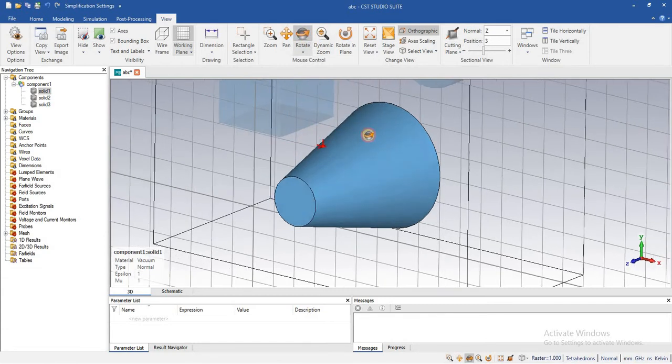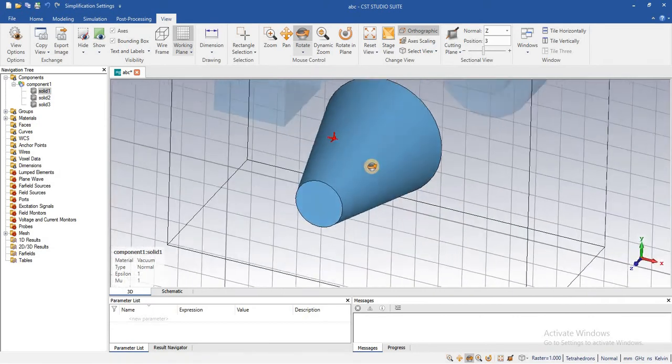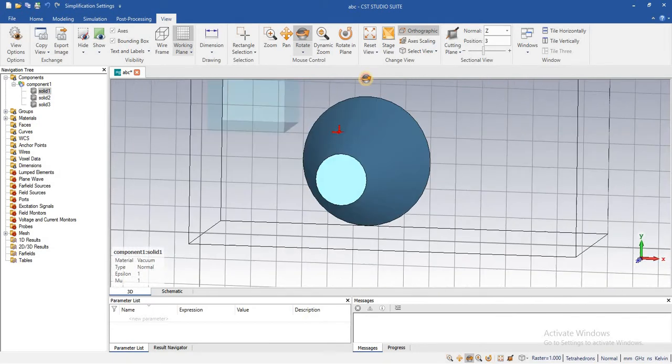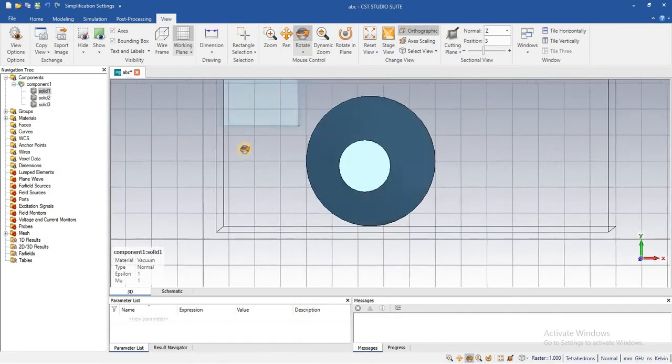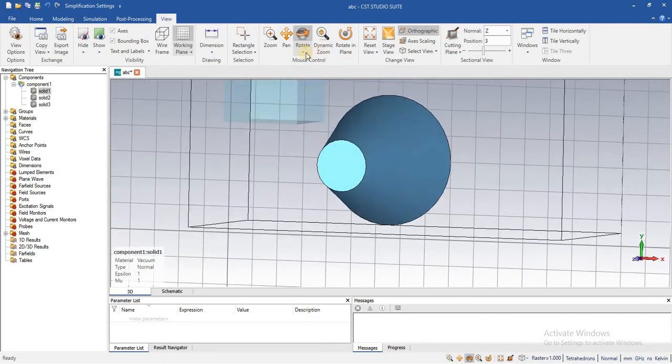Anywhere on this stage. Second, you can rotate the object at the center of the object. And also you can rotate the box.